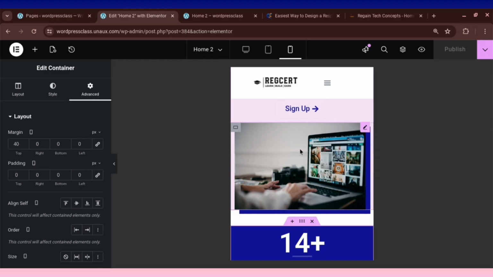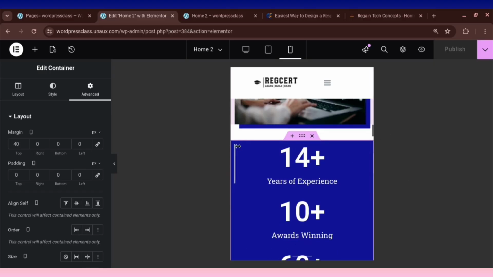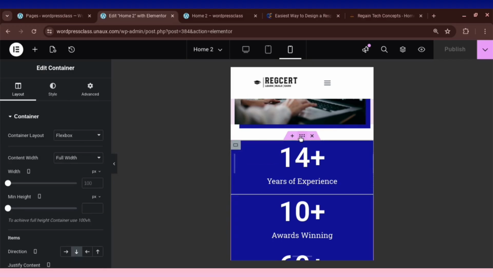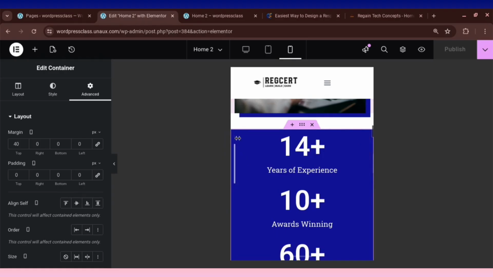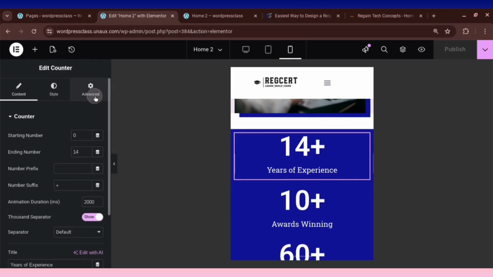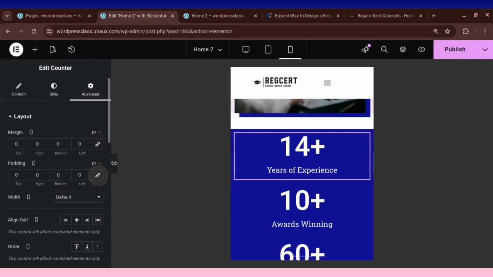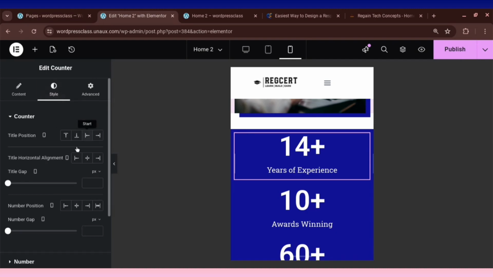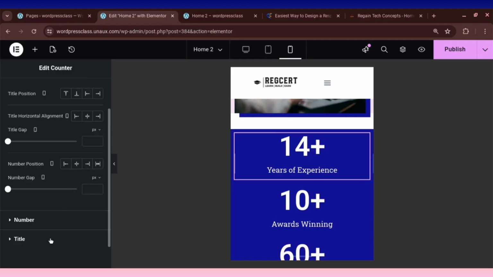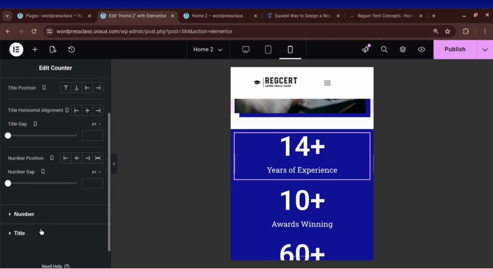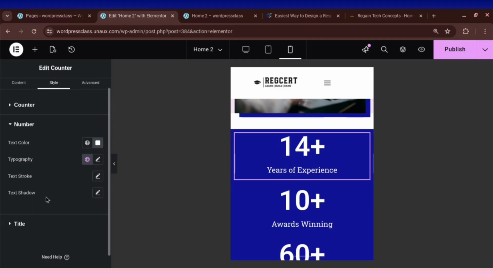So the remaining one is these ones you are seeing here. We can as well repeat the same thing. If it's not okay like this, you can repeat the same thing by clicking here. You can click here and click on this one, advanced, unlink, then go to style. If you go to style, you will see number, you click on it, then you see